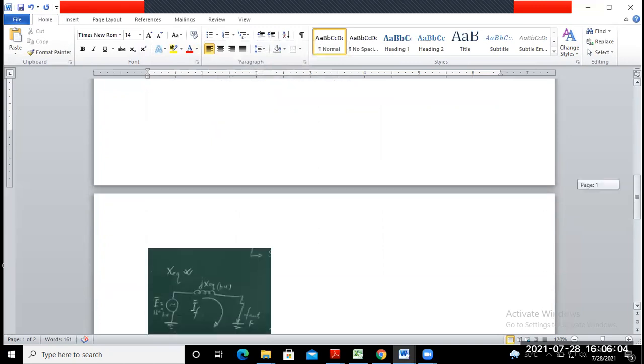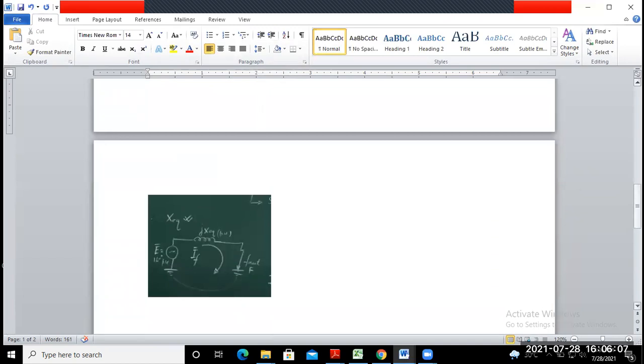Finally, if you want to draw it in circuit form, it can be represented as follows. This is the per phase EMF induced in the generator, represented by capital E equal to 1 at an angle of 0 degrees per unit, connected in series with the equivalent leakage reactance of the system, represented by jX equivalent in per unit. Suppose a fault takes place at this point, so you may consider it the fault point, and the current flowing through it is represented by IF, the fault current.